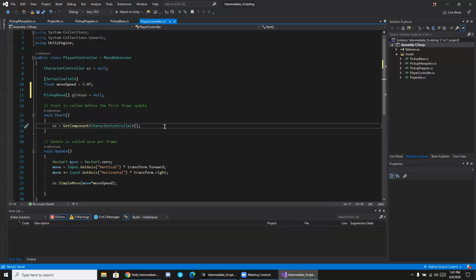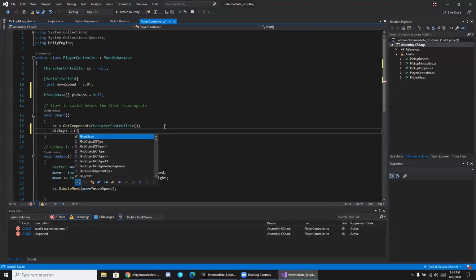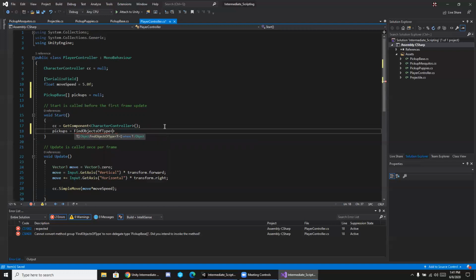And then once the game actually starts, we'll go ahead and say pickups equals FindObjectsOfType. So when you are using FindObjectOfType or FindObjectsOfType, be cautious about which one you're using. The one with the S will return all of the active objects of that type, whereas FindObjectOfType will just give you the very first instance it finds. So if we do FindObjectsOfType, and the type of objects we're looking for are pickup base,